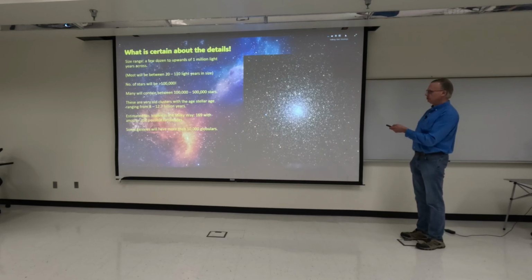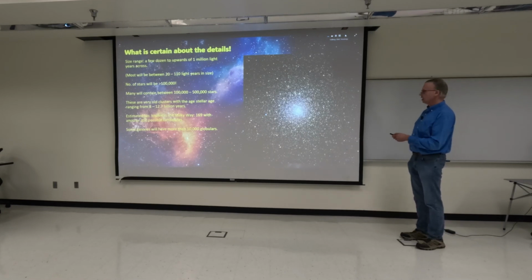And I probably meant for that to be up to about over 1 million stars, but in that case, they tend to be globular. The globular clusters can be cataloged as dwarf galaxy remnants. They're very old, but the age range can be wide, between 8 to 12.7 billion years. Very few are 13 billion years old. We have about 200 candidates to 169 with names, although the number is probably going to increase to several hundred. There are galaxies like the big elliptical galaxies that can have upwards of 10,000, even 15,000 globulars.